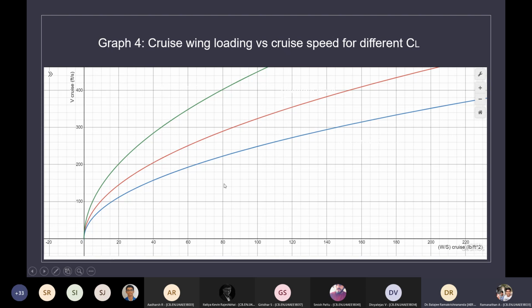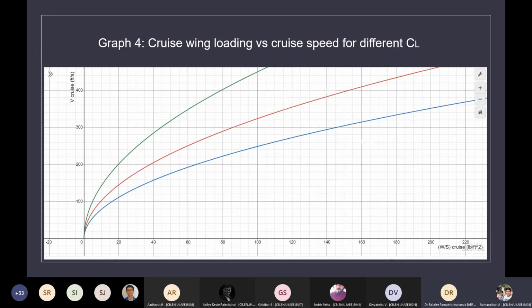So what I would try to tell is the area under this green and blue curve is feasible for our flying. That is, you can take up any k under 0.225 and above 0.013 to get any CL in this region. And for that, you have to go with the corresponding cruise speed.